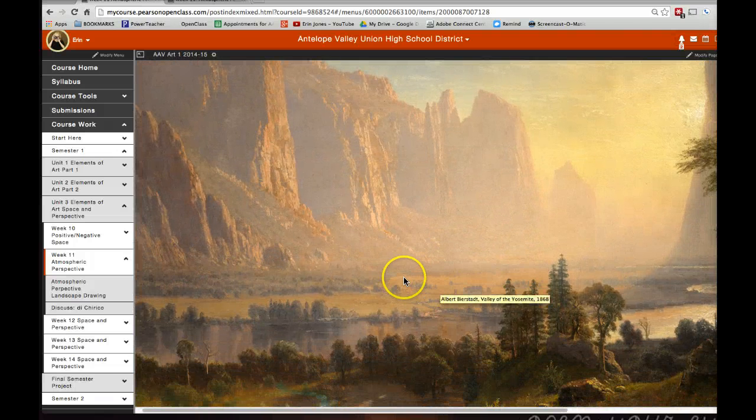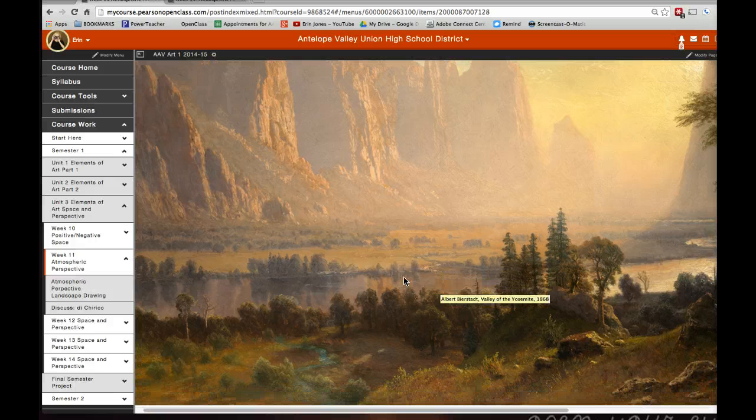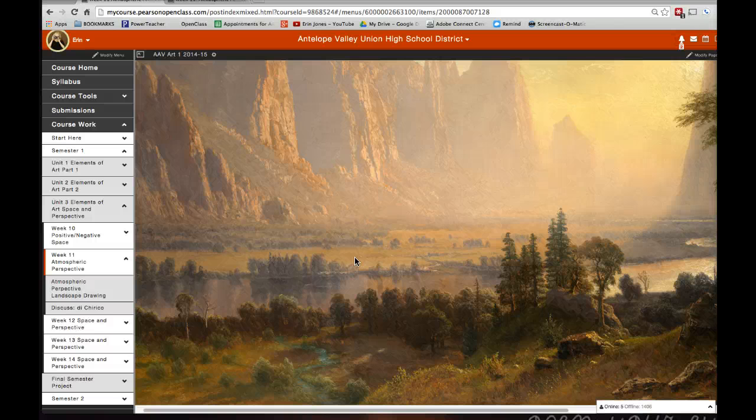So what atmospheric perspective is, similar to linear perspective, is it's showing depth in an image. In a two-dimensional image, it's showing the illusion of depth. Linear perspective shows that with lines and showing that objects that are closer to you are larger, and that you can show in lines with a vanishing point or two vanishing points or three, depending on how many you're using, but in simple one-point perspective with one vanishing point, that objects recede and they work sort of on a mathematical measurement in a perfect formula to show you